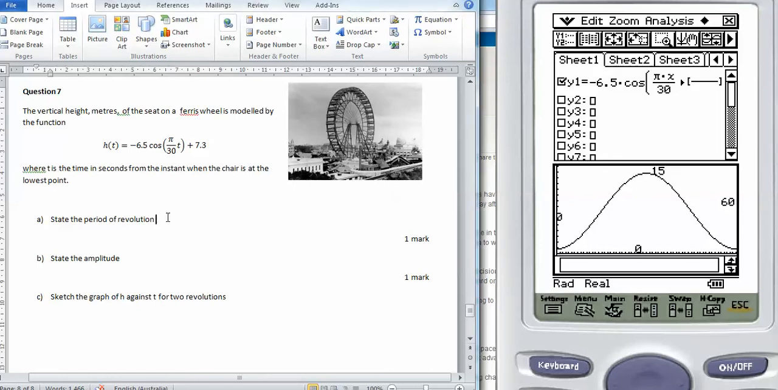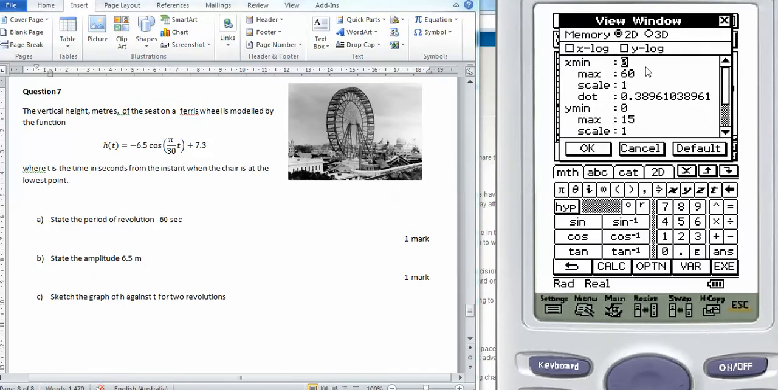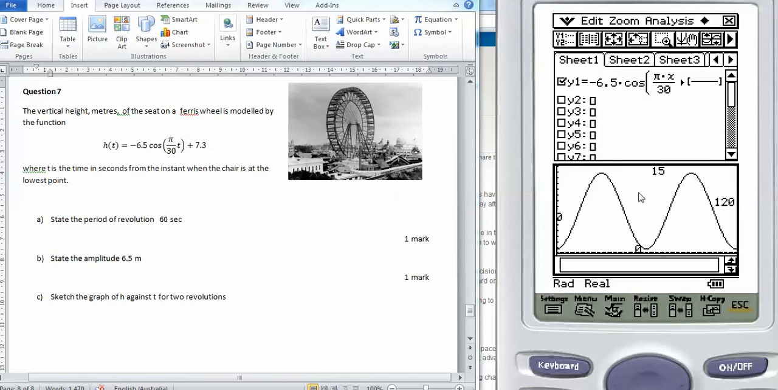State the period of revolution, 60 seconds. State the amplitude is 6.5 metres. And sketch a graph for 2 revolutions. I'll go out to 120. And an acceptable sketch of what that looks like in this space will be okay, making sure you label the